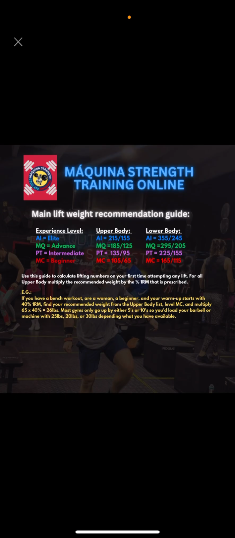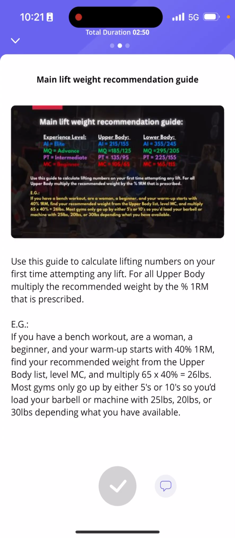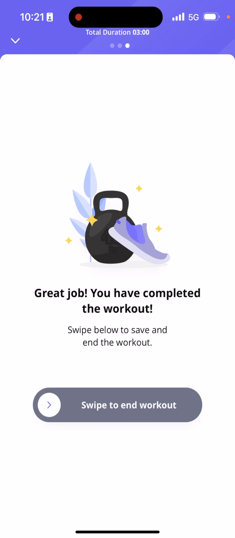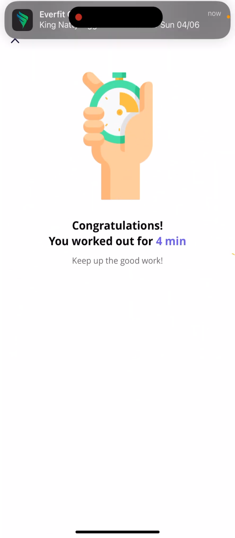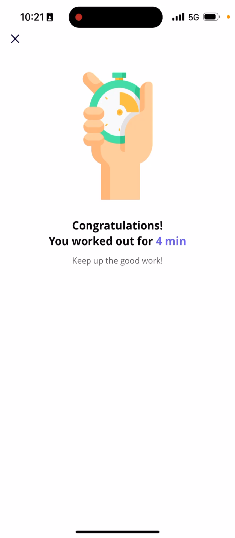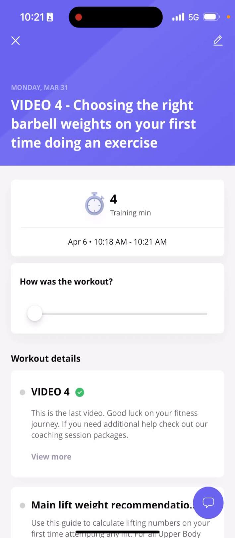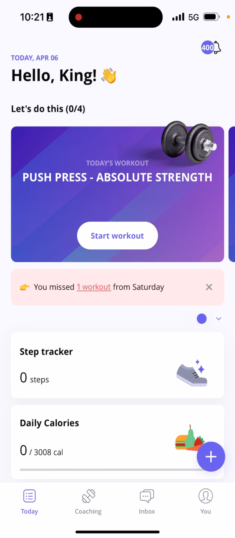Okay, so how does this work? Let's go. You can read these instructions here below, but let's go through an example. We're gonna close this and go through an example. A lot of times, remember, when you watch a video, always check mark everything. Then the app is gonna ask you to swipe to end. So you swipe to end, and then the app will say that you finished your workout, and it'll send me a message that you finished it. Okay. So we're gonna go back